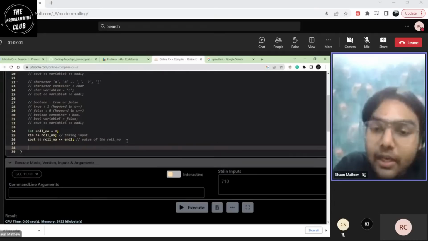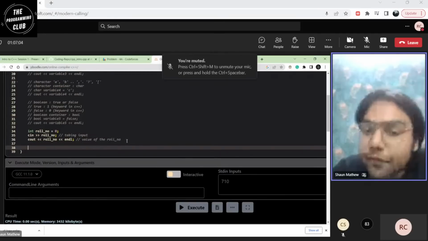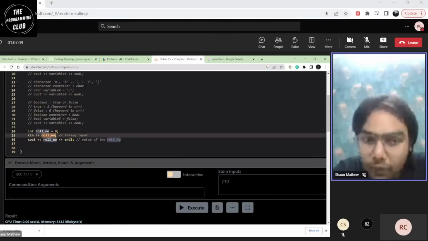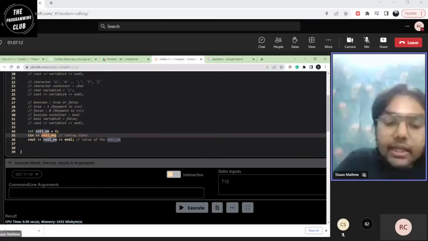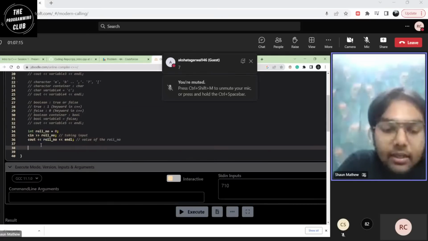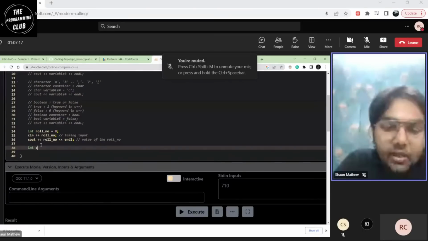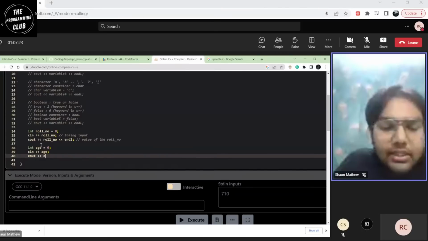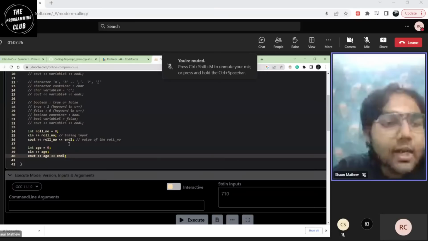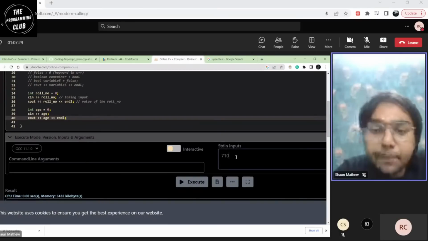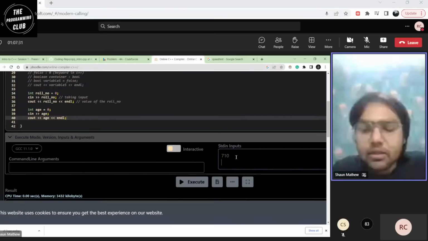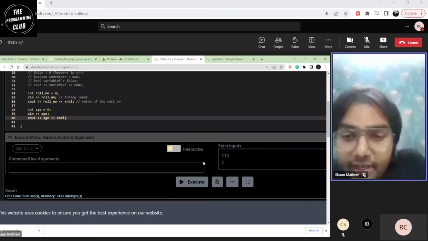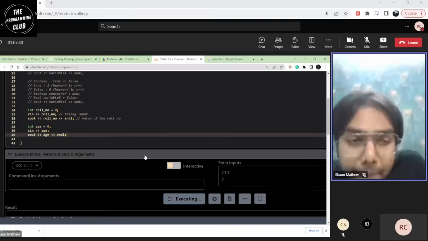So that's one input. You can take multiple inputs. How do you take multiple inputs? The first value which I have put in here goes to the first time my compiler asks for an input, so it gets 710. The next time, now I want my age. Int age equal to 0. I'll take in the age of the user, and just to confirm whether it's correct or not, I'll output it again. So first I put my roll number, which is 710. Then I put my age. My age is not 7, but let's go for it. So my age is 7, my roll number is 710. I execute it, and what happens now?